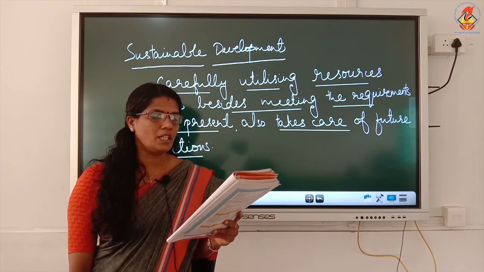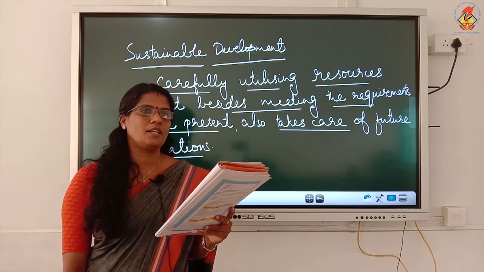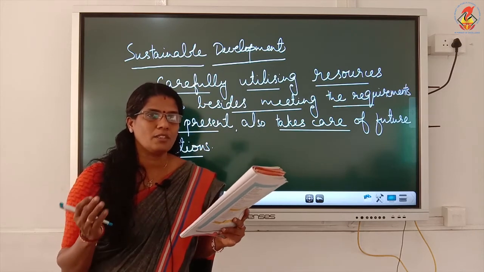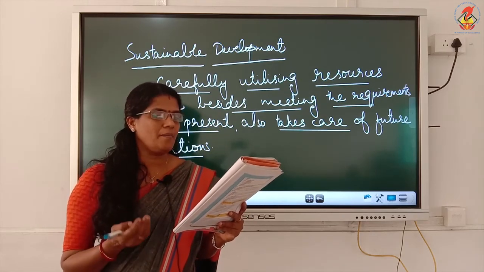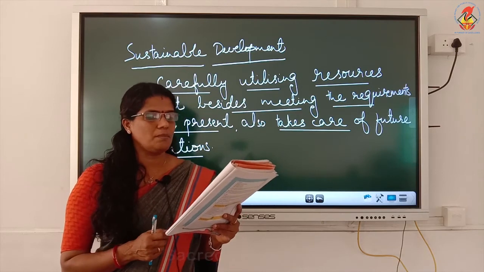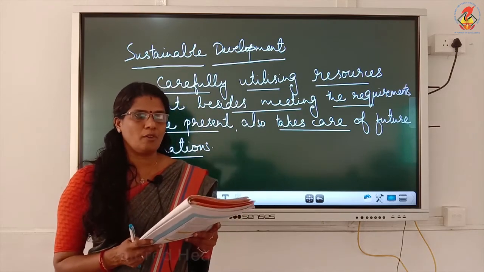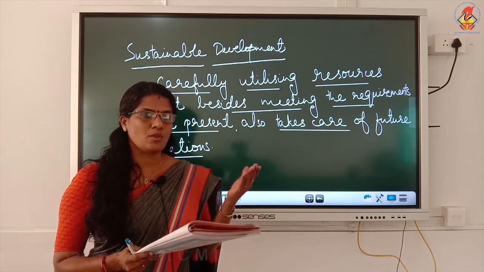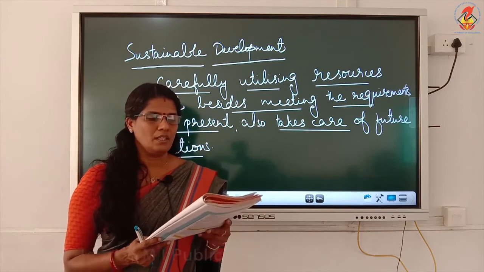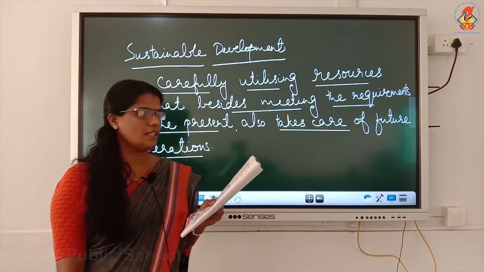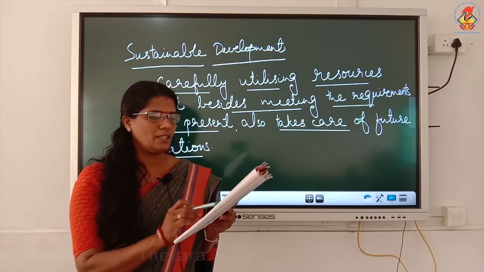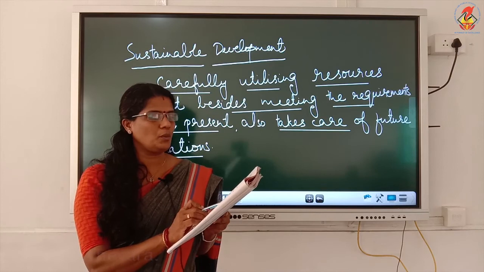The diversity of life on the earth is conserved. Diversity of life on the earth should be conserved. We should keep it properly. Then the damage to the natural environment system is minimized. That means what? Deforestation, depletion of natural resources should be minimized. So, all these 3 points we have to study from page number 6. From 'It is our duty to ensure' onwards till 'minimized', put a bracket over there.